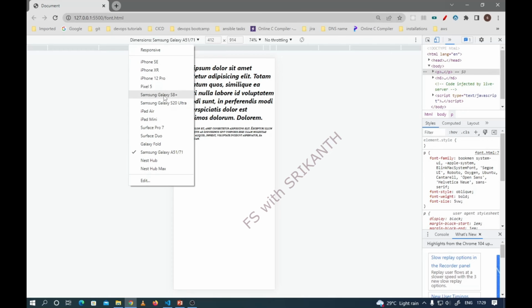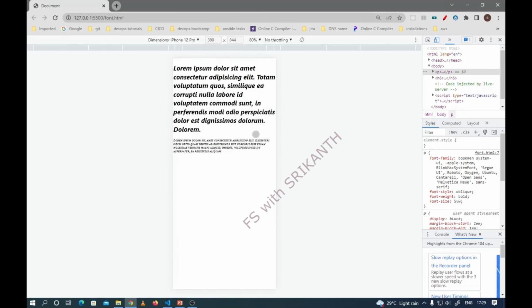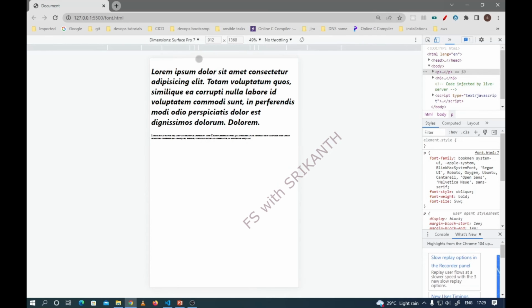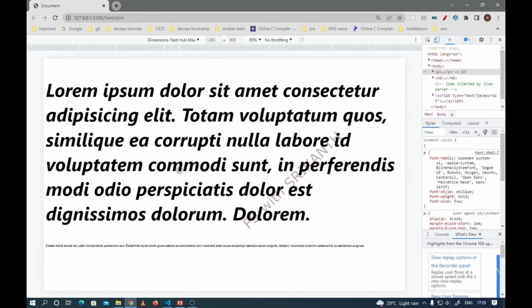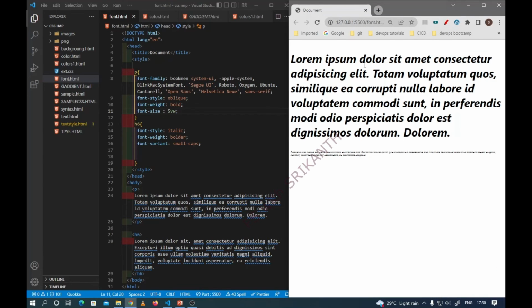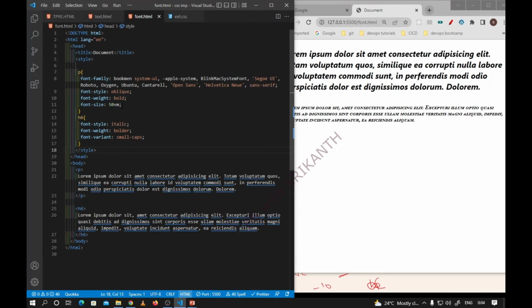When we are using a different device, suppose 12 Pro, the size changes, right or not? Any device you are using, you observe. Automatically viewport width may adjust the font size based on width and height. In real time, they are using this one only. In real time, obviously they would use this viewport width only. We can represent our font size in a number of ways, like pixels